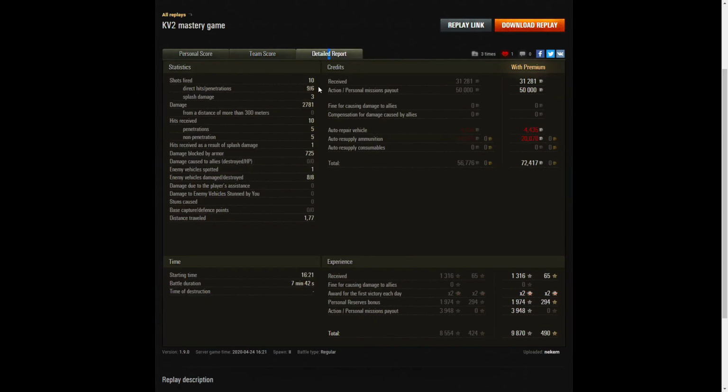He fired 10 rounds, got 9 direct hits and 6 penetrations, 3 splash, damage of 2,781 hit points, all of it at close range. Received 10 hits from the enemy, 5 penetrations, 5 non-penetrations, and 1 hit by way of splash damage, so he was only 1 shot away from actually picking up a Steel Wall as well. 1 enemy vehicle spotted, 8 enemy vehicles damaged,